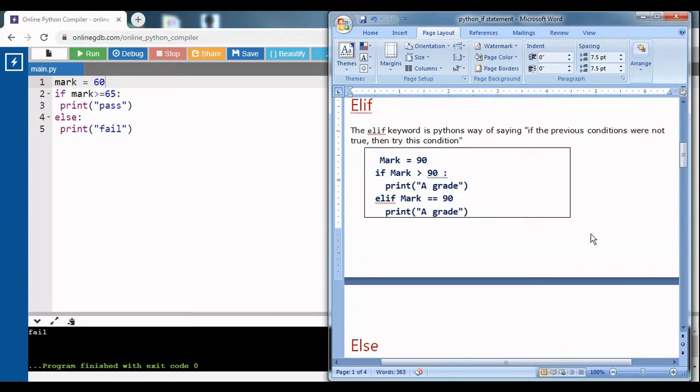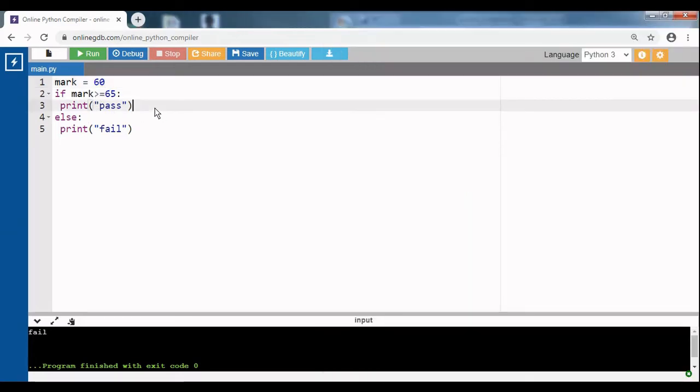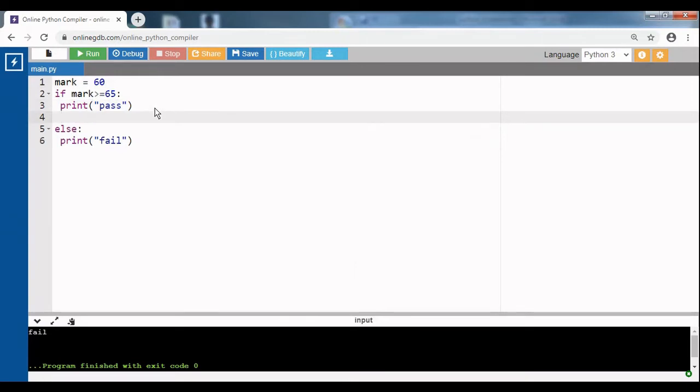Next, if I want to check more than one condition, I can use elif. If this condition is not true, I want to check some other condition, I can use the elif keyword. So here I have to use elif.